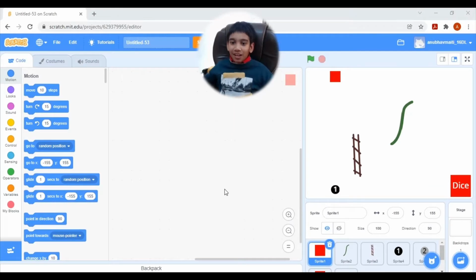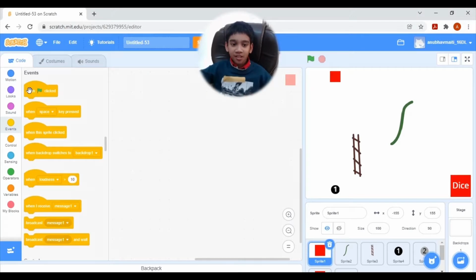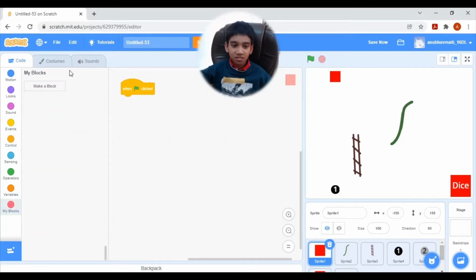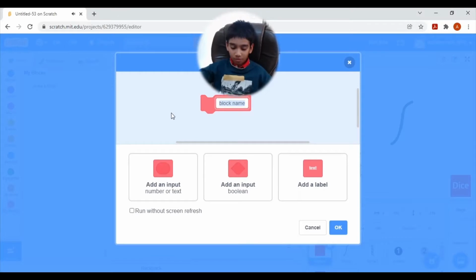Perfect. Hello friends, this is Anubhav. Today I am going to show you how to make a snakes and ladders game using Scratch. So first let's go to the events and bring out a when green flag clicked, and this time we need to create the board. So let's go to my blocks and let's make a custom block, naming it